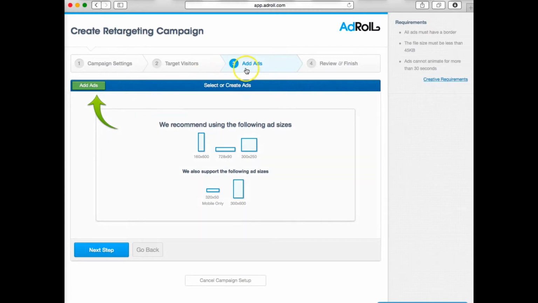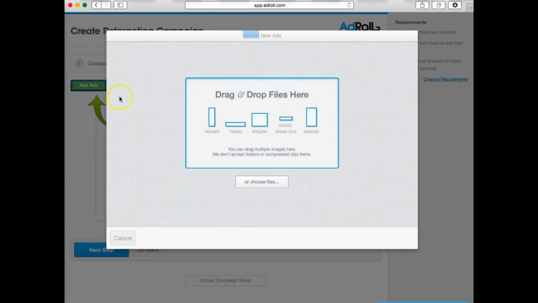Here we see add ads. So now the problem that I see with add ads, I've got two options: choose from library or upload new. Let me go to upload new because I don't have anything in my library. And here now becomes the platform where we add new ads. We can drag and drop the files here, or you have the ability to use a chooser and choose those